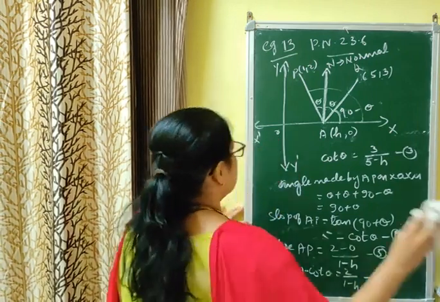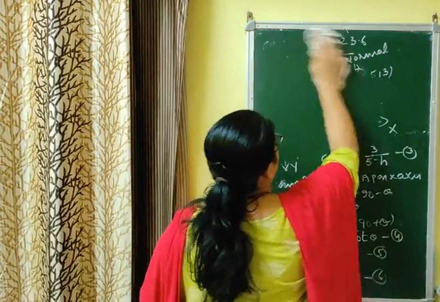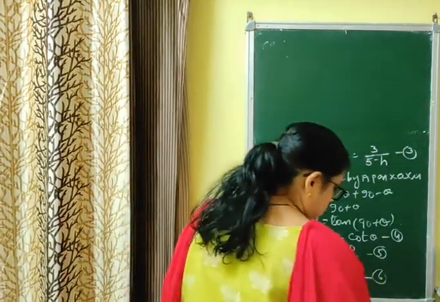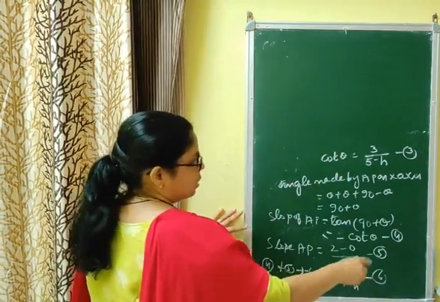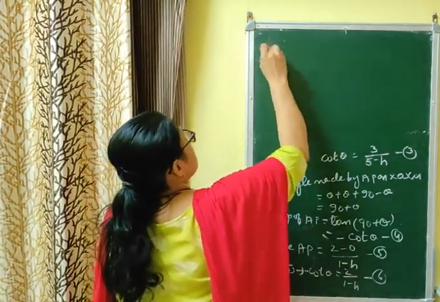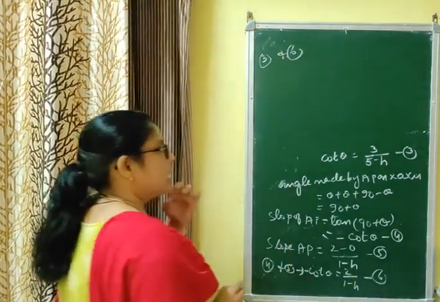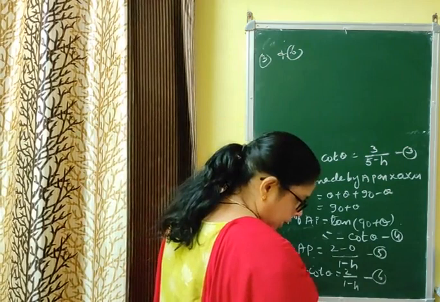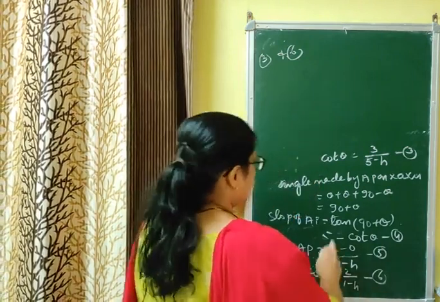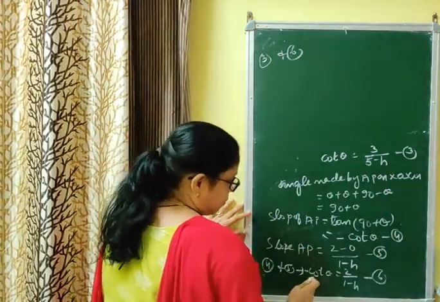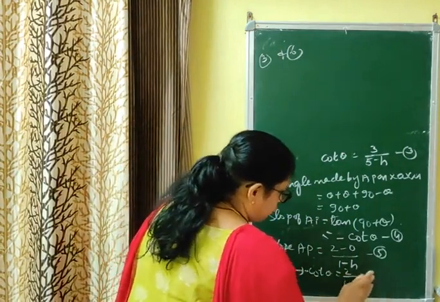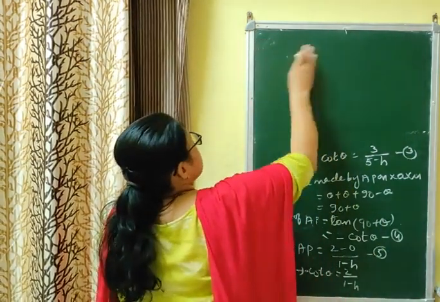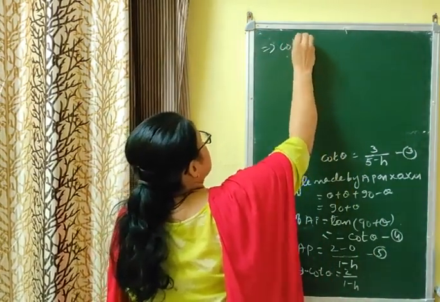Now we can rub the figure. Now there is no need of the figure, but without the figure you can't solve this question. Now see equations 3 and 6. How can we eliminate theta using 3 and 6? See, this is cot theta, this is minus cot theta. So it is better to make both cot theta. For comparing, let us make the sign the same on both sides.